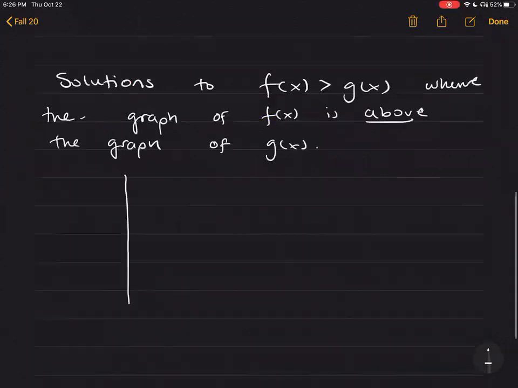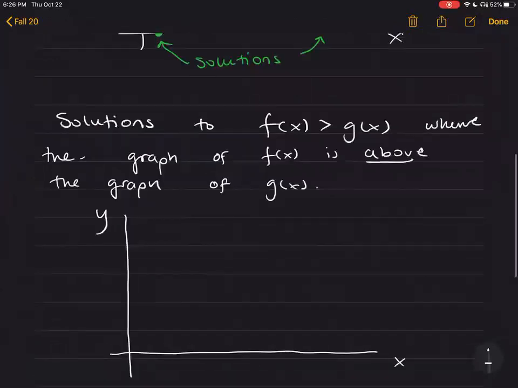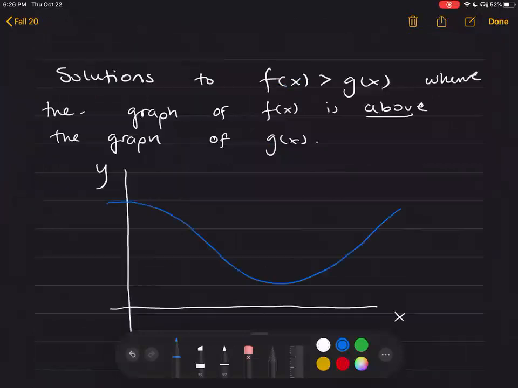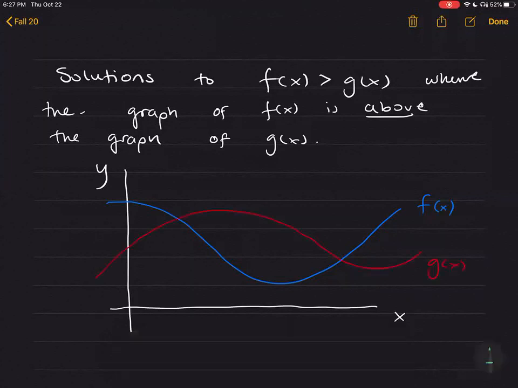So if we look at that in pictures with our x-axis, our y-axis, and let's draw the same functions. Let's do f of x looked like this, and g of x looked kind of like this. So if we're looking at the solutions to this thing, that's where f of x is above g of x. So in this case, we have f of x is above it on this side and over here. So if we drop these points down,